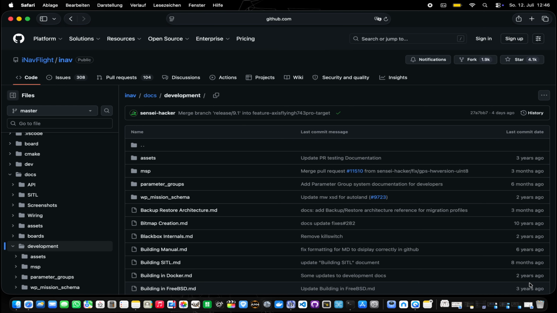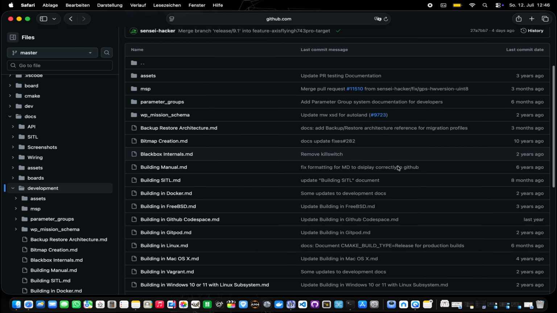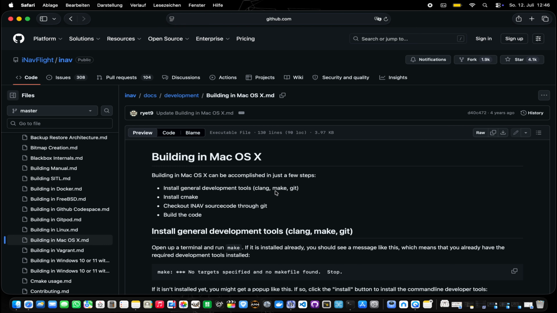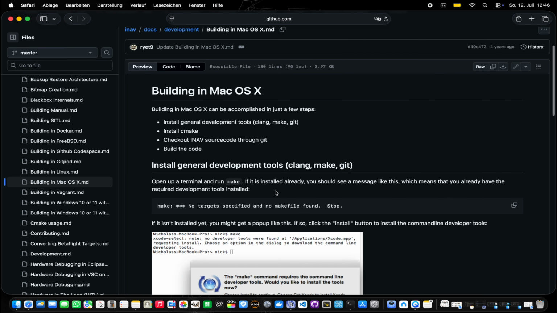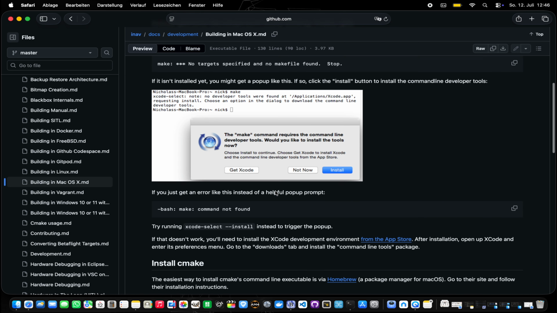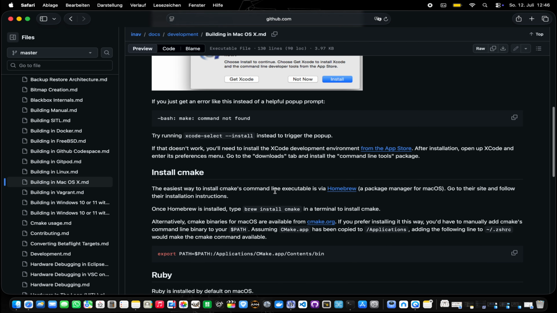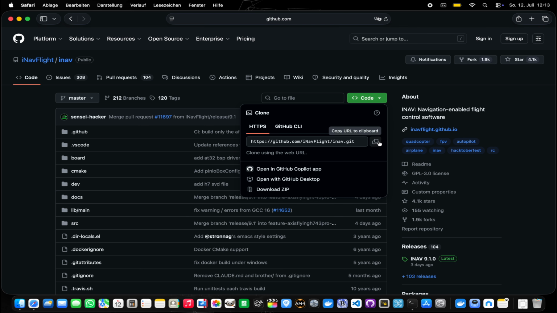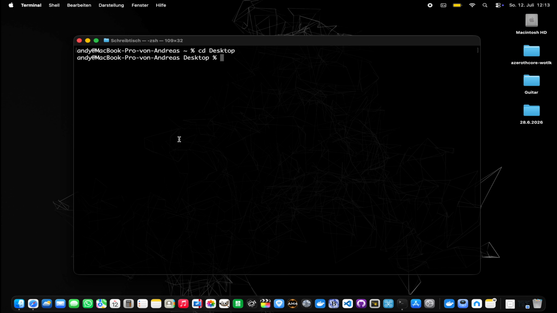The next topic is to understand how to clone and compile the INAV target. This is documented on GitHub, on the INAV repository. You might as well need to install Git separately. In my case, I will be using OS X. When you have installed the requirements and cloned the INAV repo,